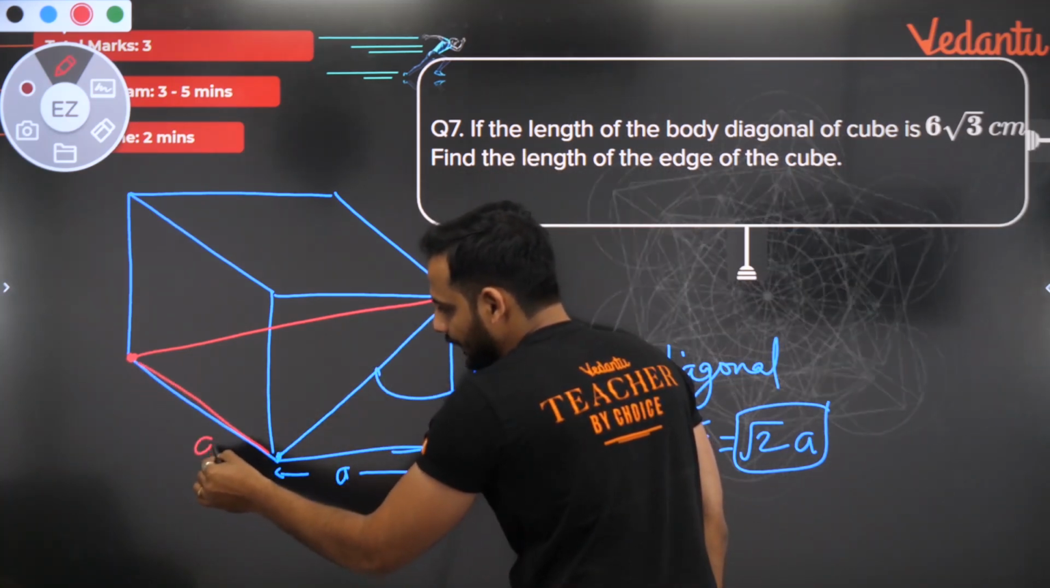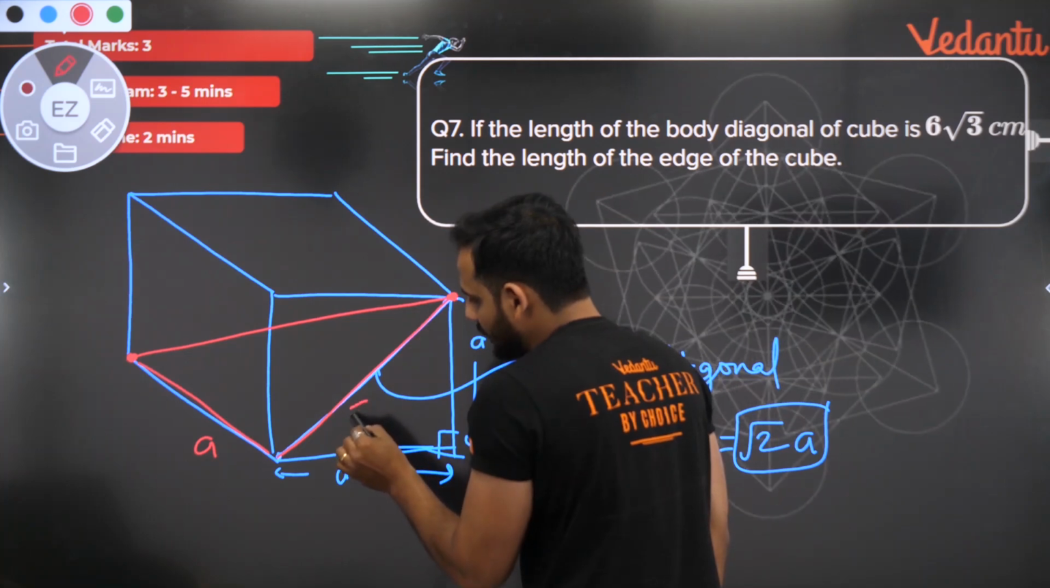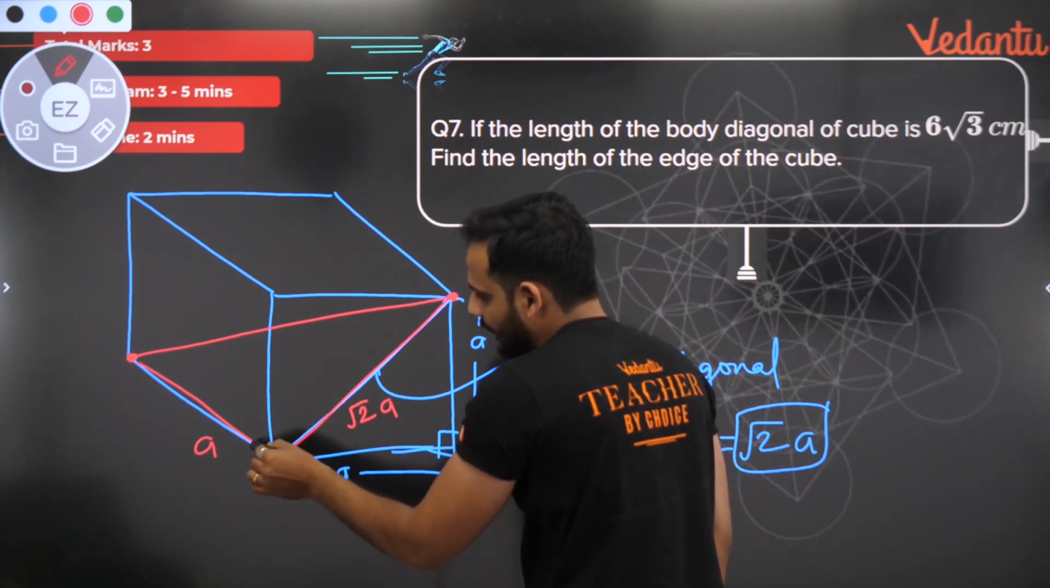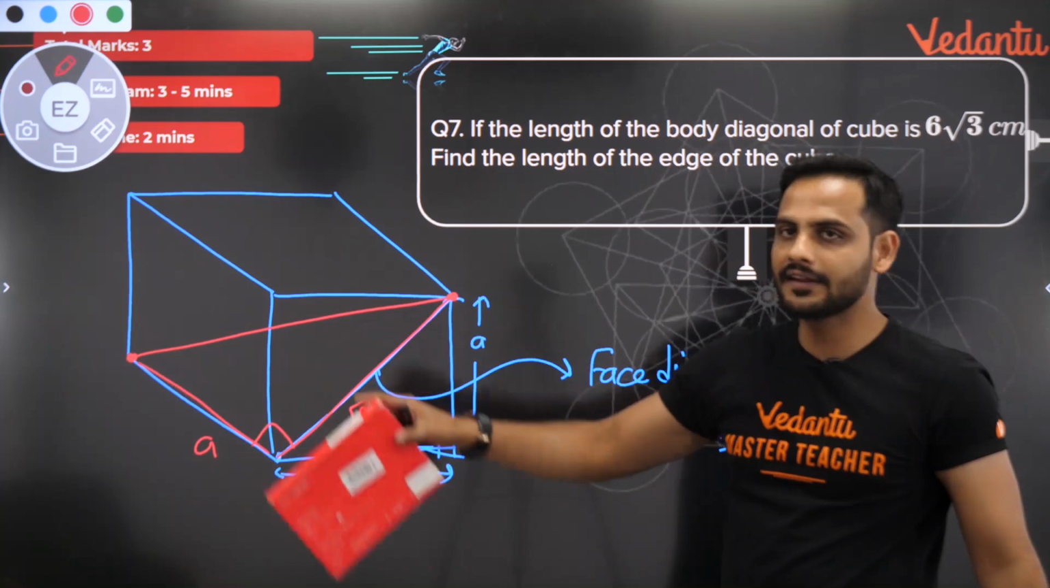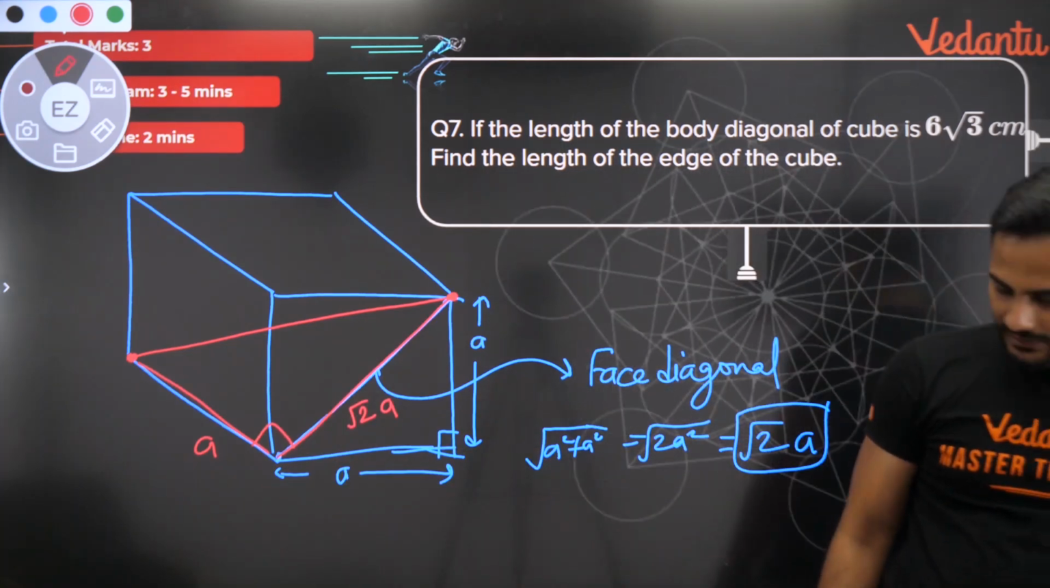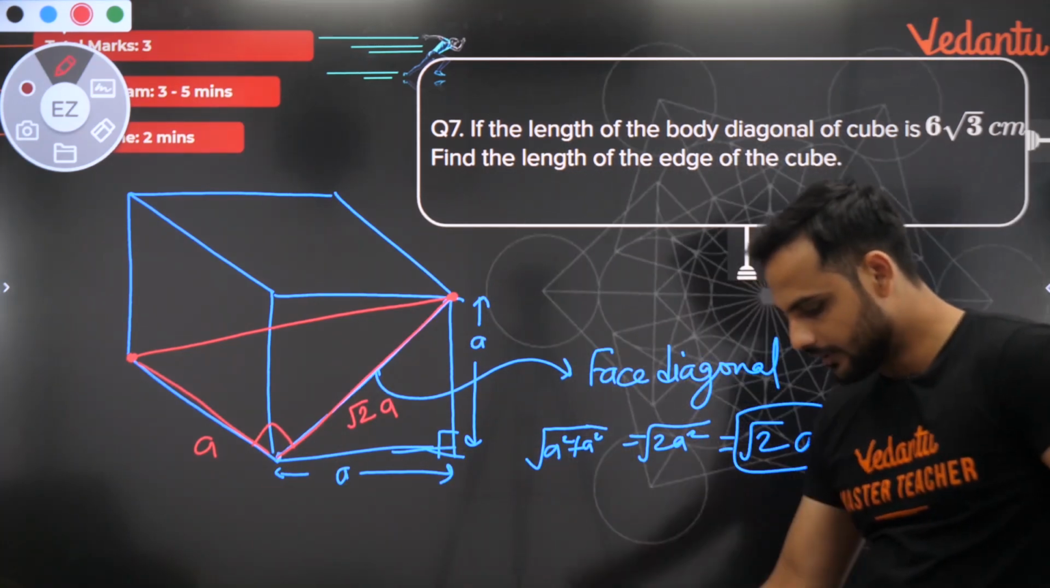This side is equal to A. The face diagonal is equal to root 2 A, and this angle is 90 degree. So this is another right angle triangle. So I can say the body diagonal length will be equal to under root of